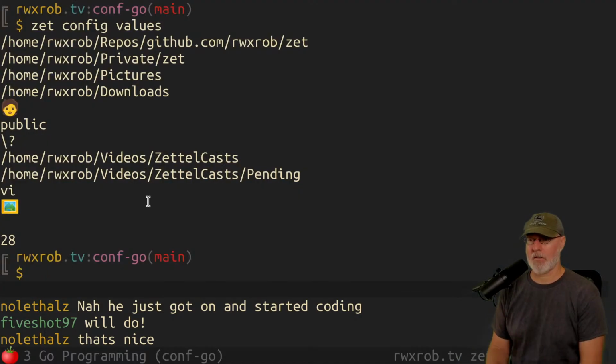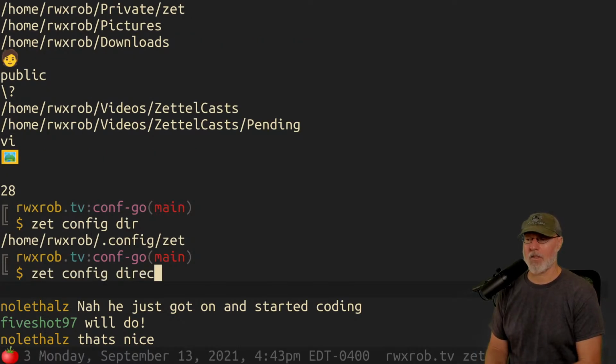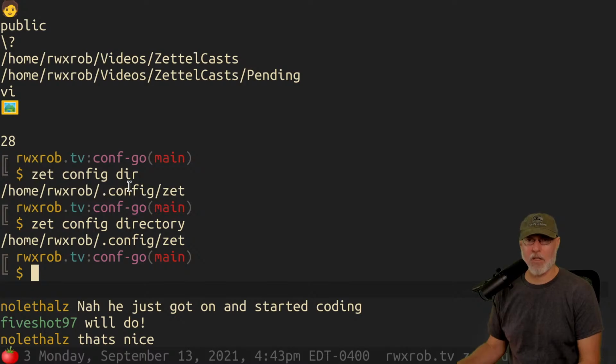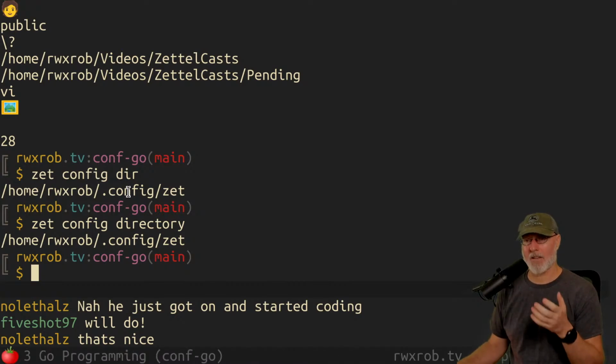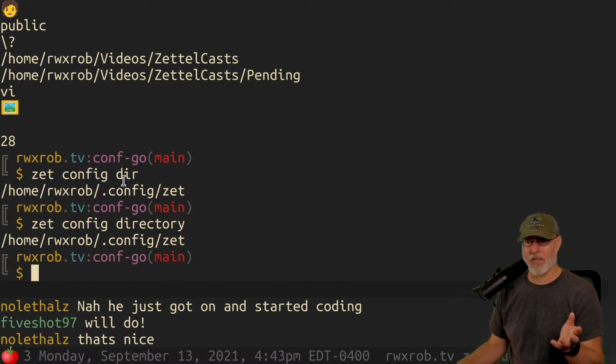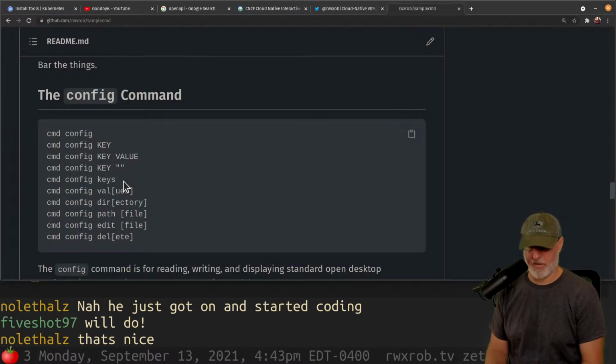Directory, get config directory, or Z config dir. If you'll notice, I always provide a speakable version. In fact, you'll see me with my phone. Sometimes I'll grab my phone and speak the words that I intend to use in my command line into it to see if they resolve properly. For example, Zet. I found out that Zet actually does resolve. One time I was going to use daemon instead of service, and Google does not pick that up when you try to talk into it. So I believe really, really strongly in natural language interfaces. I think we should.